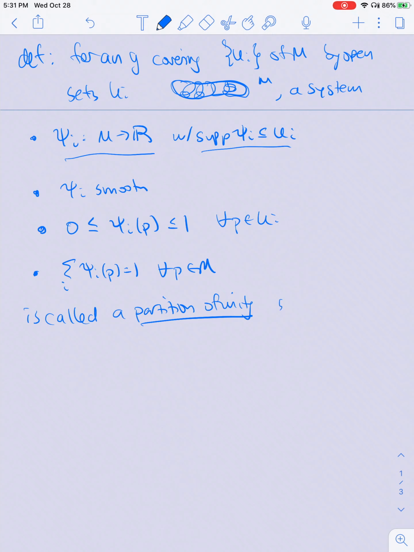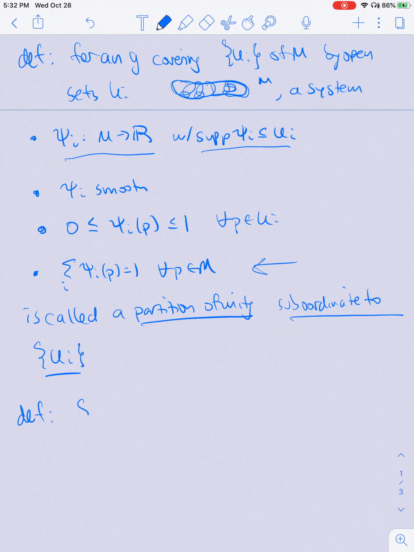And we say that it's subordinate to the open cover by the UIs. So it's a partition of unity because of this last condition. It partitions unity 1. And it allows us to sort of smoothly separate these open sets using functions. Partitions of unity are really helpful in topology in general, but for us, we're going to use it to define